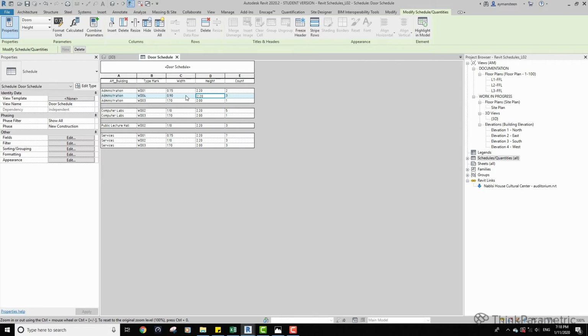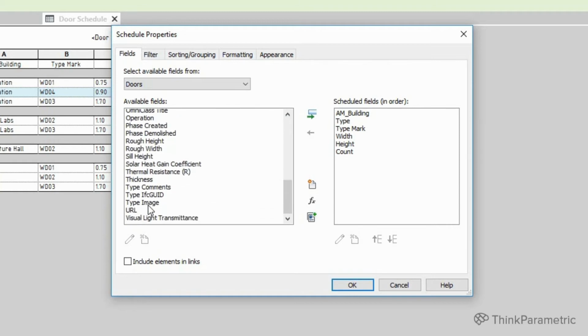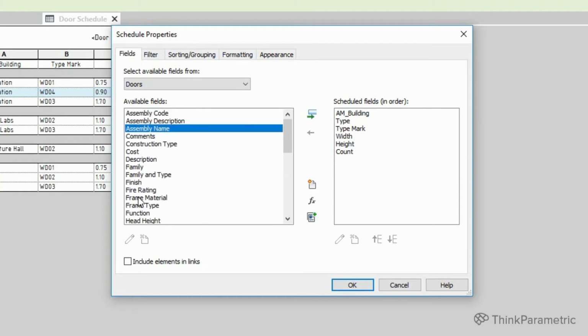Now I want to discuss, as we said earlier, how to create the area parameter. For the doors, we do not have such a parameter. If we go down, you can see only these are the As. We don't have anything related to area. So there's a concept inside the Revit schedules called the calculated value. A calculated value is a formula that we create by doing an operation, simple or complex, on the parameters that are inside the schedule that we're working with.